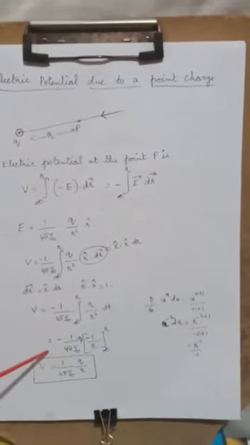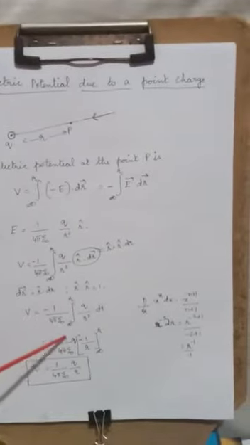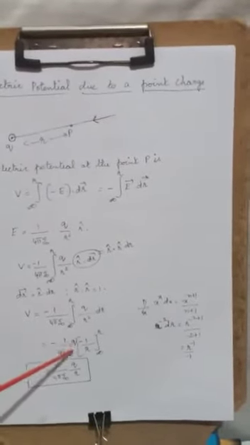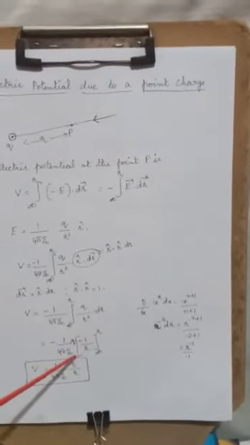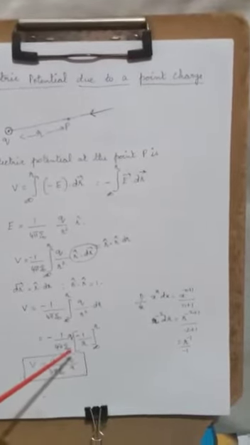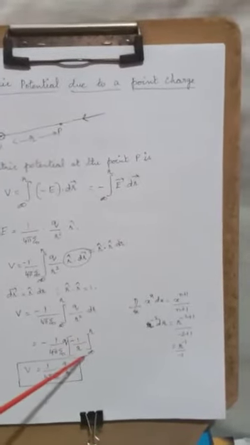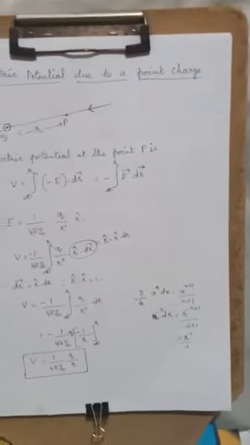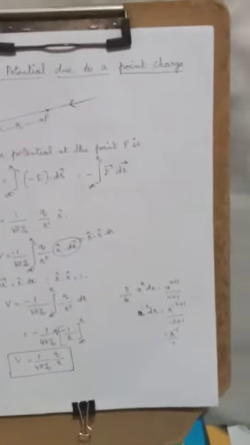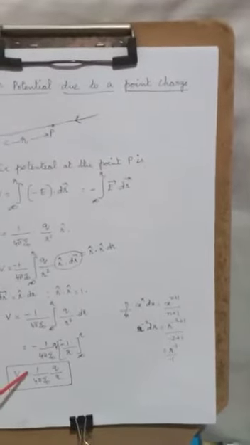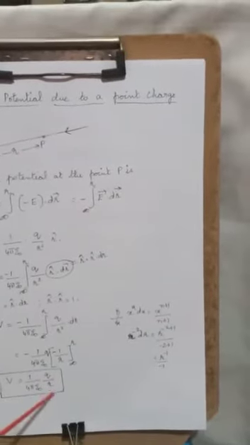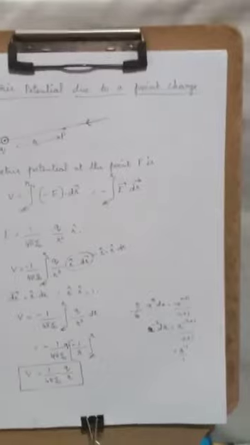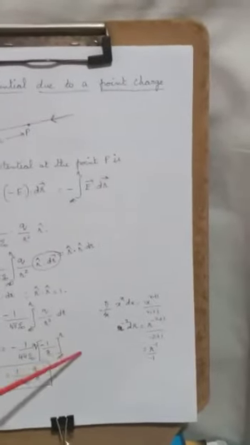Now I need to write that after integration. Minus 1 by 4 pi epsilon naught, Q is taken as common, and minus 1 in the numerator divided by R. This R power minus 1 is written as 1 by R, within the limits infinity to R, and it is always upper limit minus lower limit. So it gives me an answer of V is equal to 1 by 4 pi epsilon naught Q by R. This is what the answer is. Where did that minus sign go? Minus into minus becomes plus here. Okay, children.